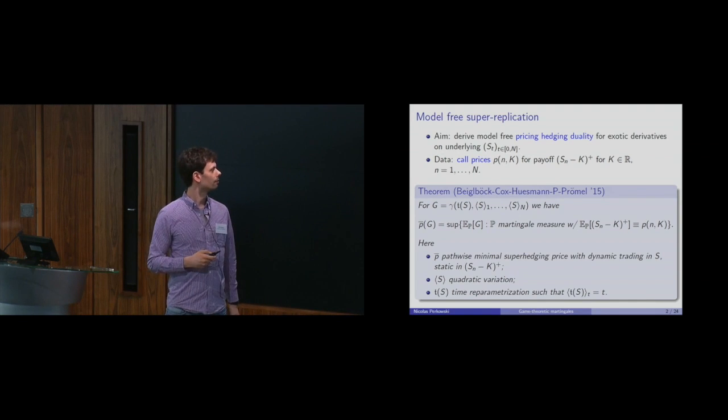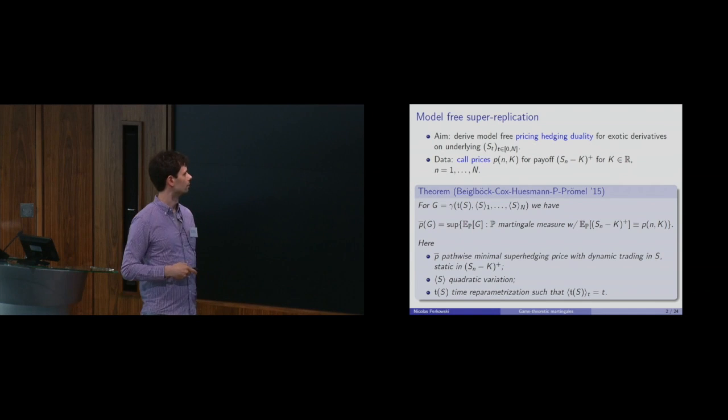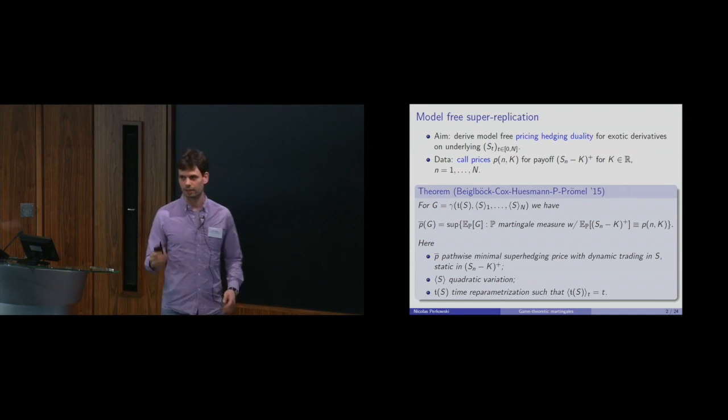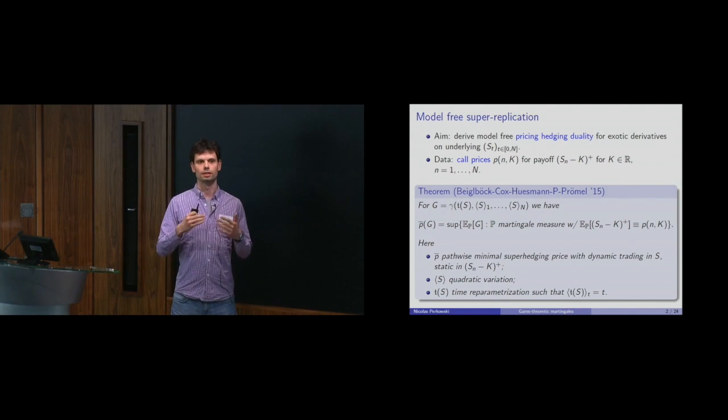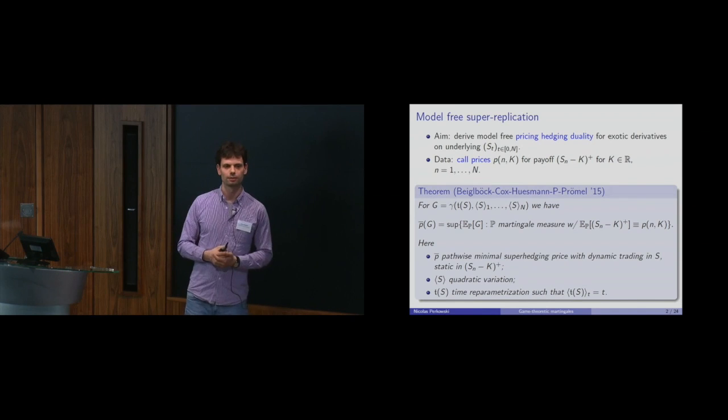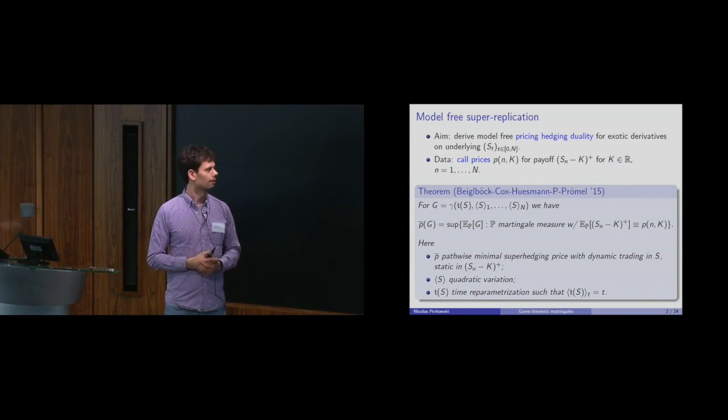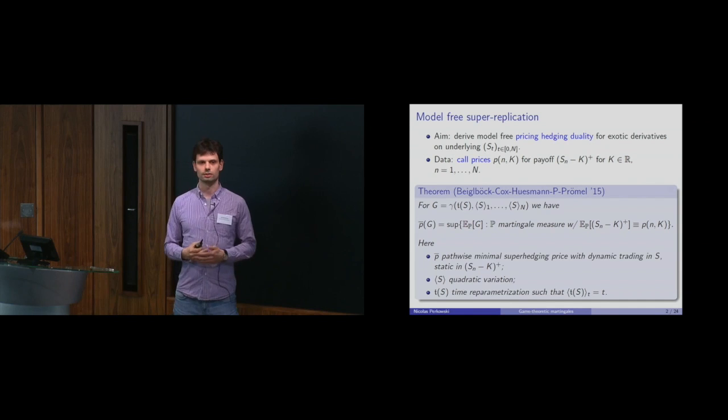And then we have this superhedging price, where you try to superhedge using trading in this asset and in these call options for which we know the prices. We assume that they are there, so we can buy them. This price is given by the supremum of the martingale expectations, where you take all martingale measures that reproduce the call prices that you observed on the market.